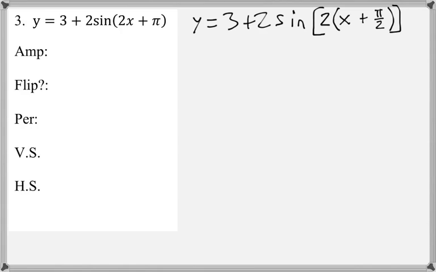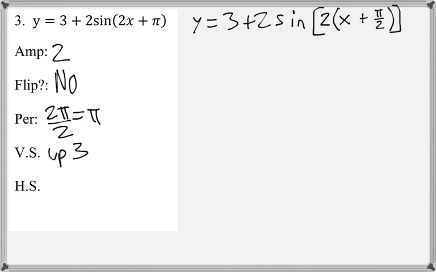So my amplitude is 2 because of this 2. It is not flipped because this 2 is positive. The period is going to be 2 pi divided by this 2, and 2 pi divided by 2 is just pi. The vertical shift is going to be 3, or I should say up 3,